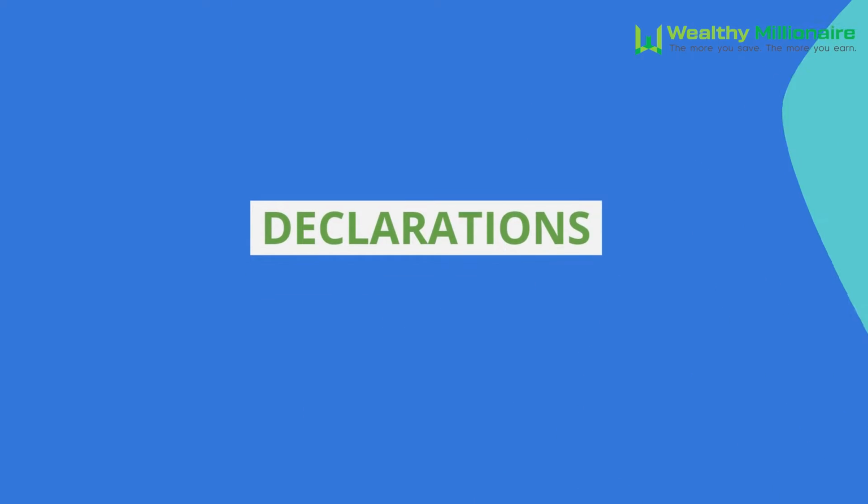Number 8, they're going to look at any declarations. So any judgments, liens, past bankruptcies or foreclosures, pending lawsuits, or delinquent debts. Whether you're a U.S. citizen or a permanent resident, as well as whether you intend to use your home as a primary residence or not. So your next steps would be that your lender will provide you with a loan estimate,